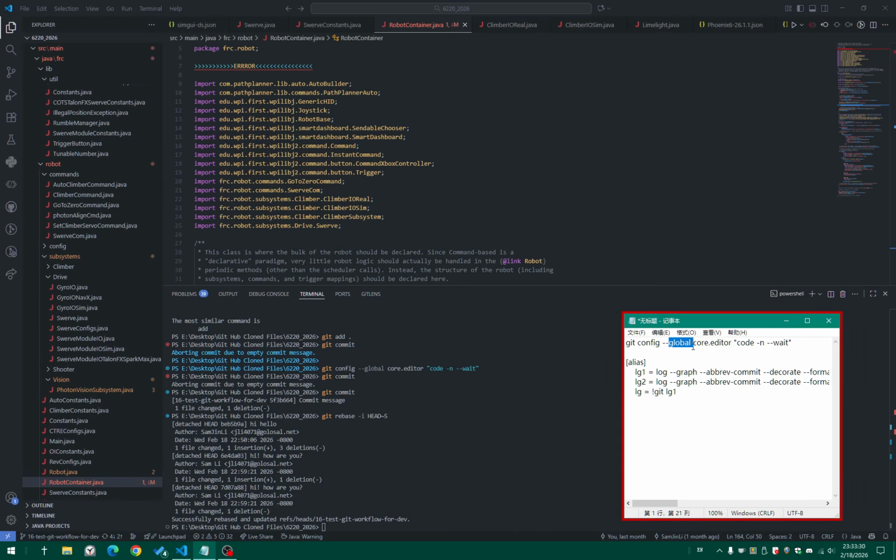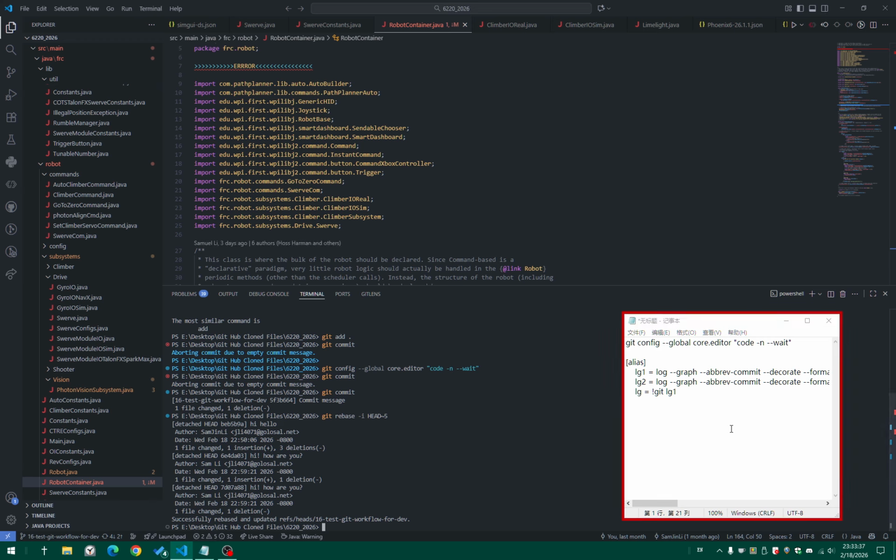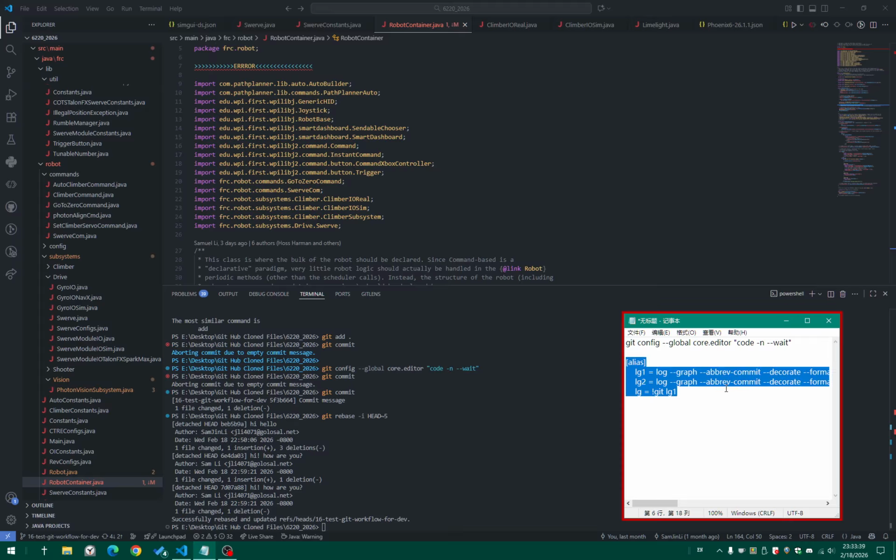It's a git config. Actually I might make a video on that too, but not right now. But the second thing is alias. So how you get here, these two are really long, look at how this looks, but